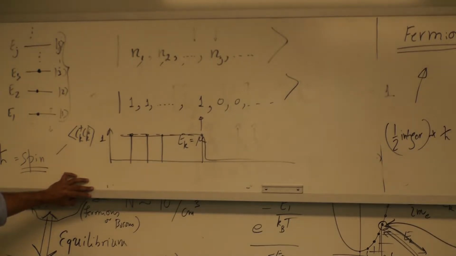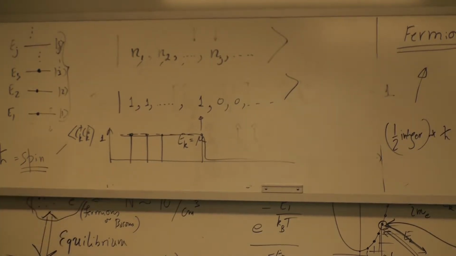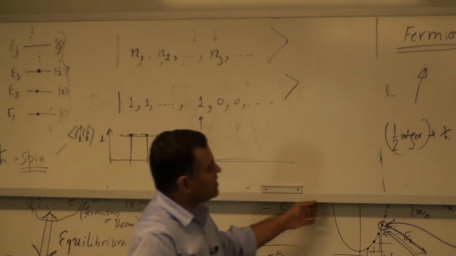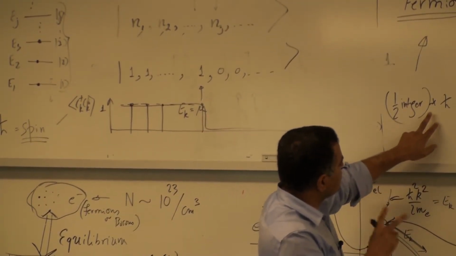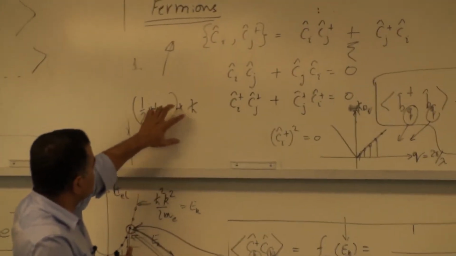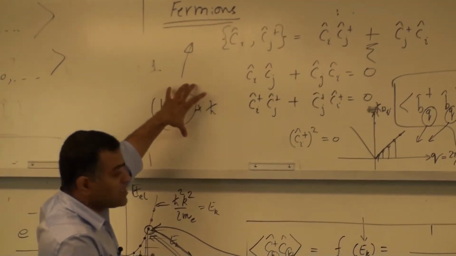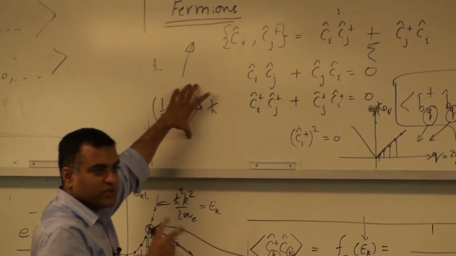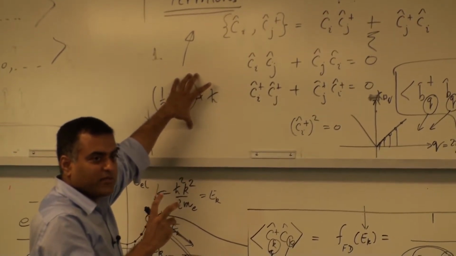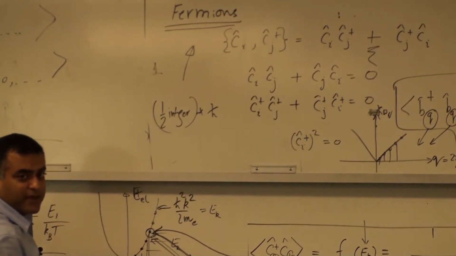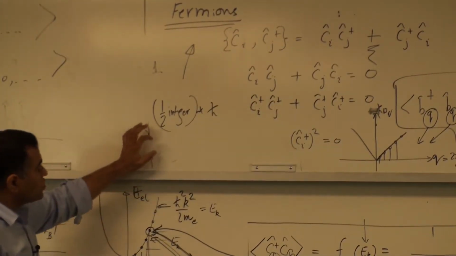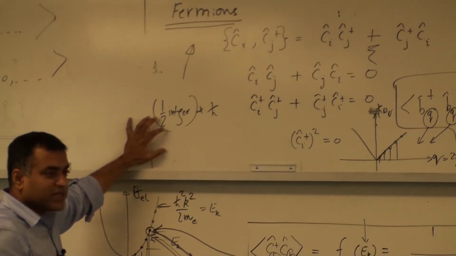It's kind of interesting in that sense. Another very interesting fact, which we will encounter later when we talk about Cooper pairs or superconductors, is that you can have composite particles. I can have, for example, 2 fermions. 2 fermions can combine to give you an integer spin. 2 half integers can sum up to give you an integer spin. So that composite object can become a boson. A 2 fermion object can become a boson. It could be an electron and a proton or something like that.